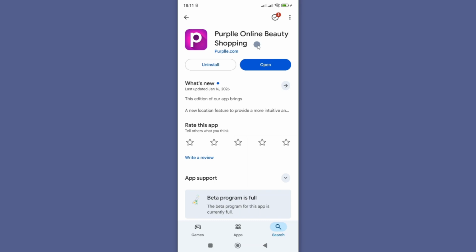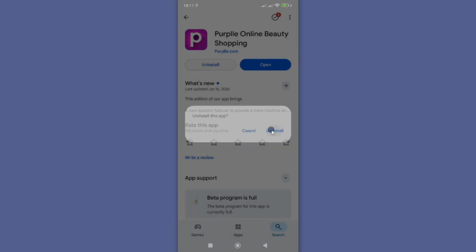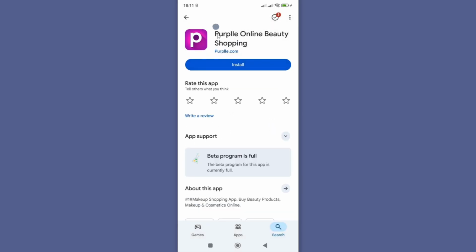But should you still experience issues such as the app crashing, then it means your app contains bugs. To fix this, go ahead and uninstall this app totally from your phone and then install it afresh. So by using any of these four methods, you should be able to fix any issue with your Purplle online